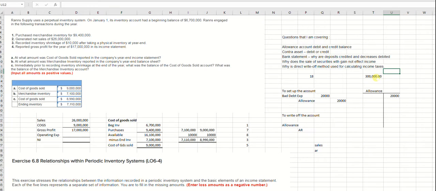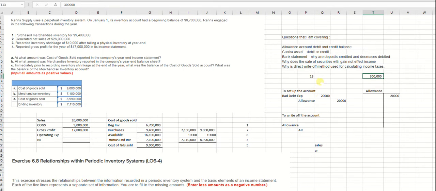Okay, my balance in accounts receivable less my allowance. So, I've got 280,000 is my net realizable value. So that means the net cash I think I'm going to collect of my 300,000 is all but 20,000. Okay, so then that's December 31st, 2018. This expense goes on my income statement. My net realizable value on my December 31st balance sheet is 280,000.